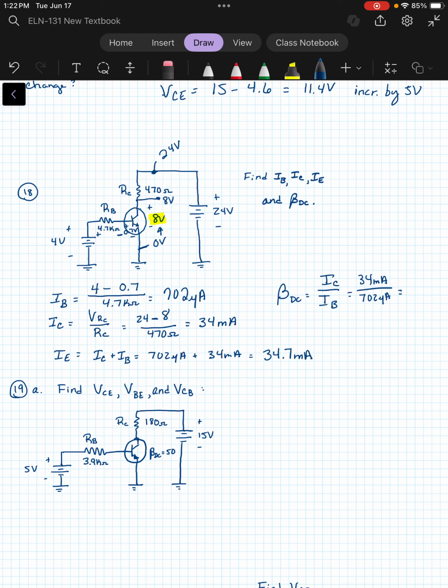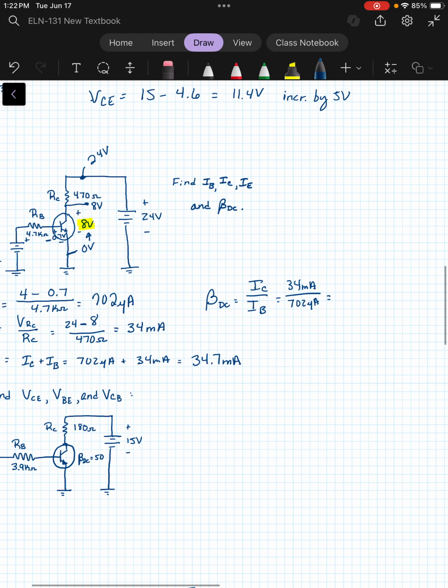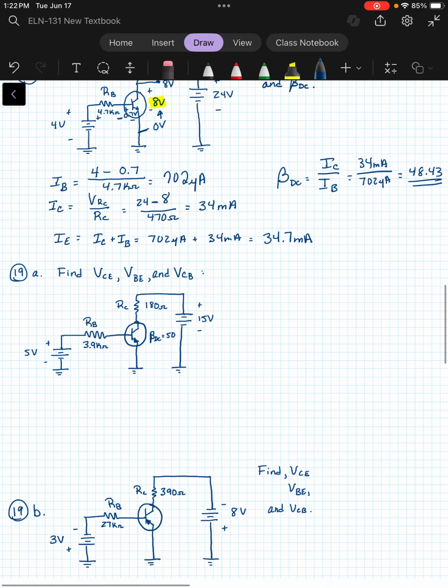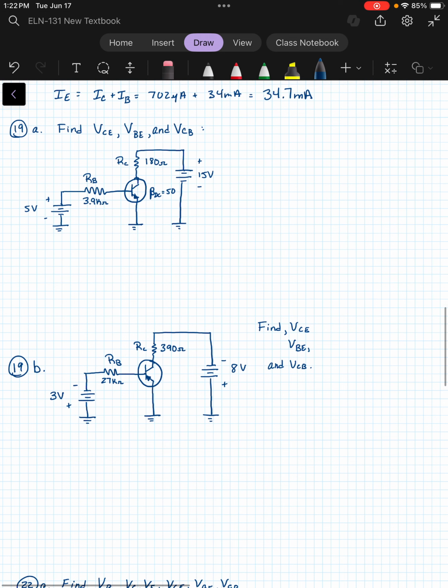Which gives us about 48.43, and that would be the beta. All right,